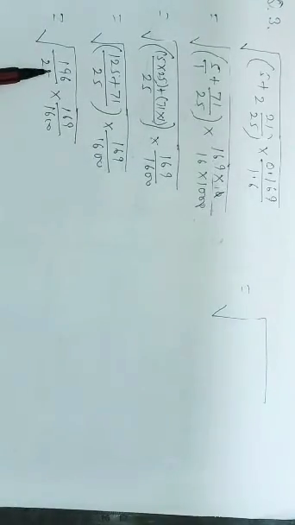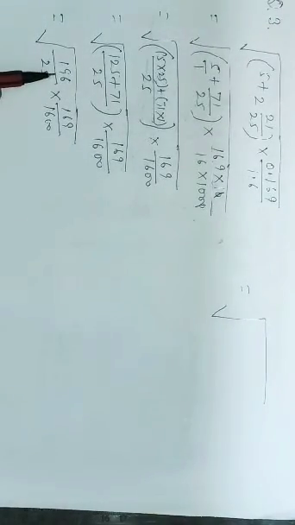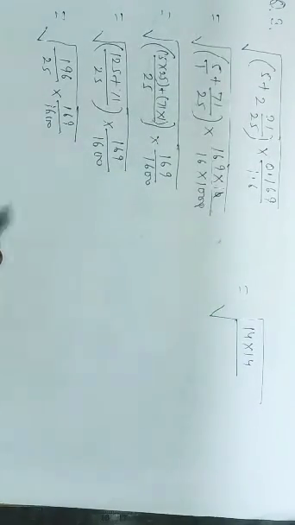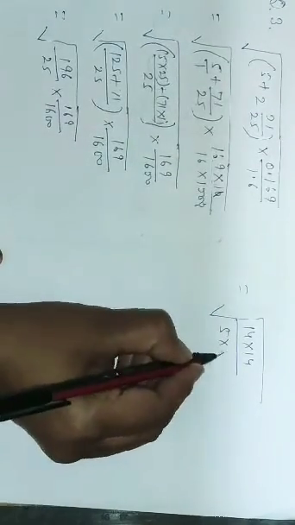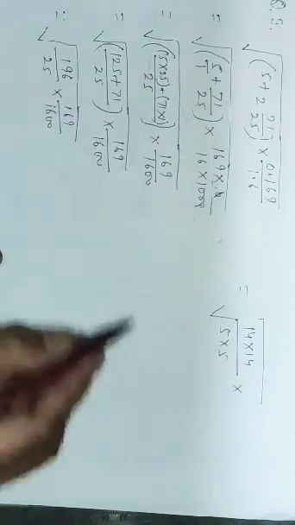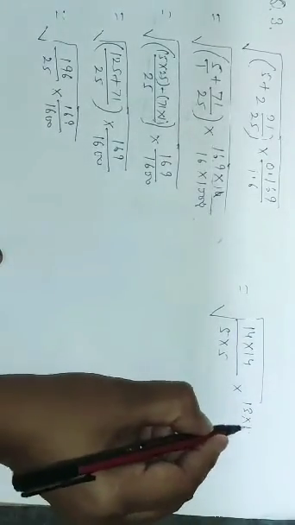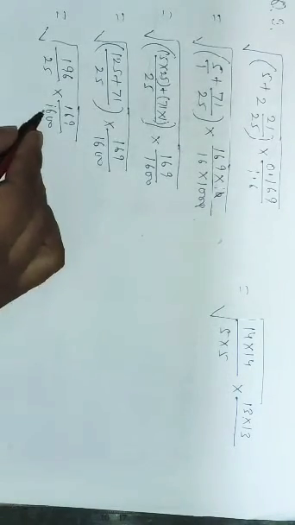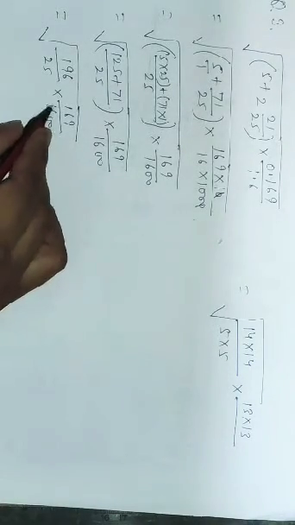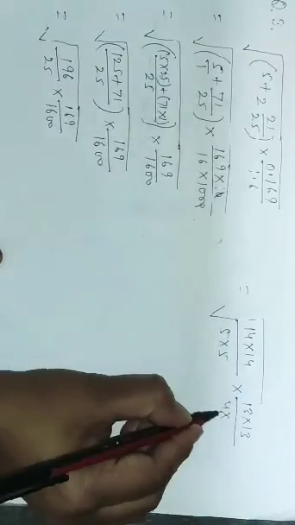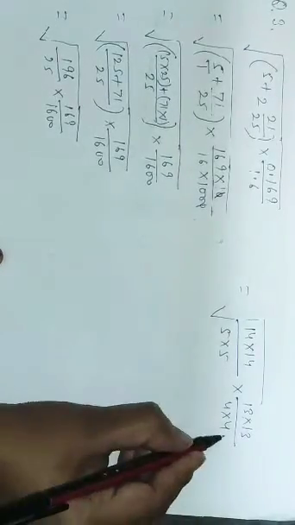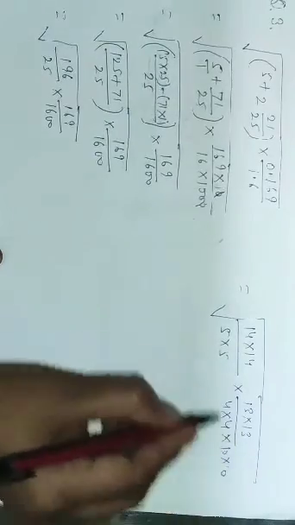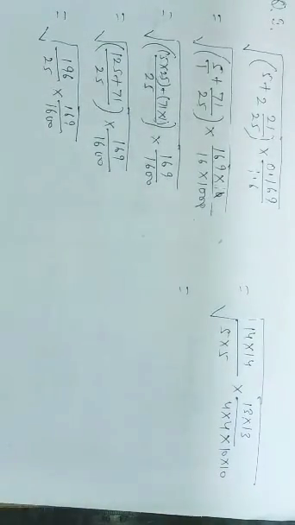Last time I gave you the squares up to 20. So we know that 196 is the square of 14, 14 into 14. 25 is the square of 5, 5 into 5. 169 is the square of 13, so 13 into 13. And 1600, first see, 16 is the square of which number? 4. So 4 into 4. And this 100 can be written as 10 into 10. So all of my numbers are in the form of pairs now.